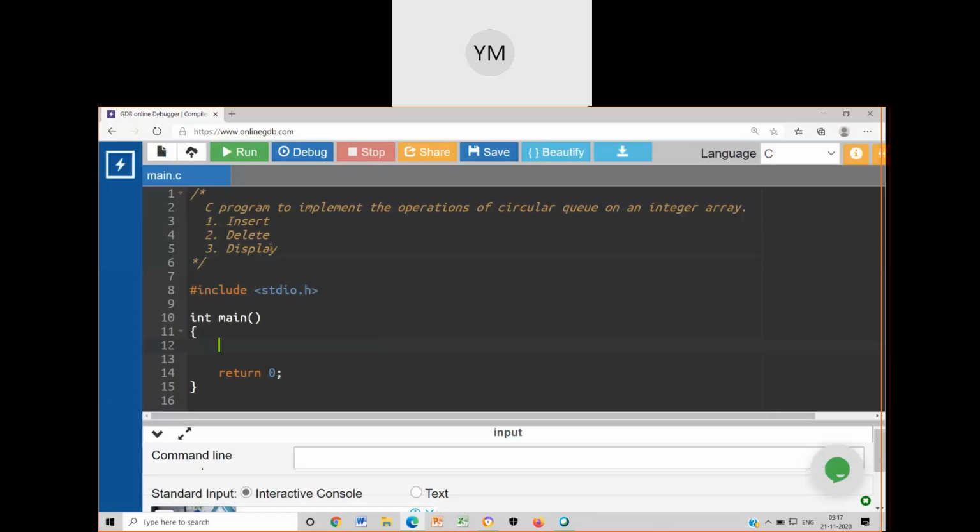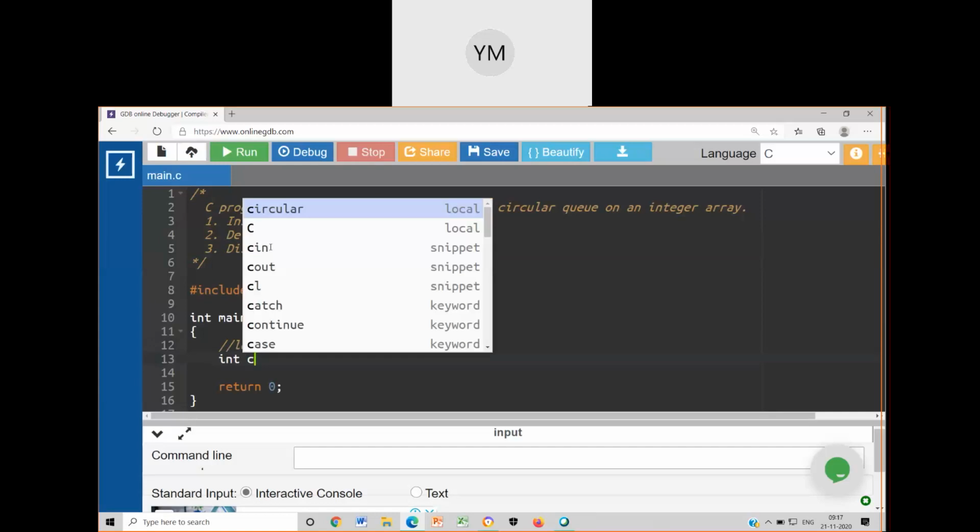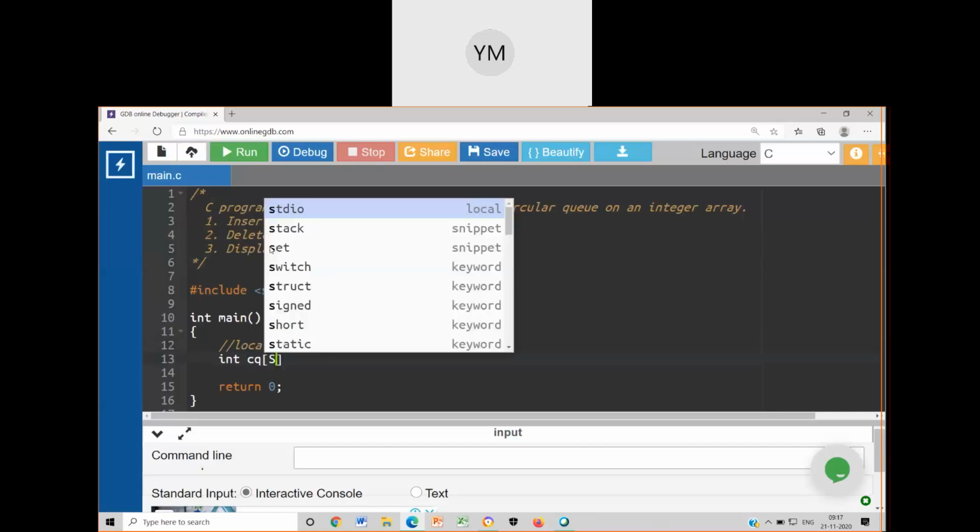Since I am not using structure here, I'll be writing the local variables required as part of the main. So let me declare the things that are required. Let me declare it as CQ of size.